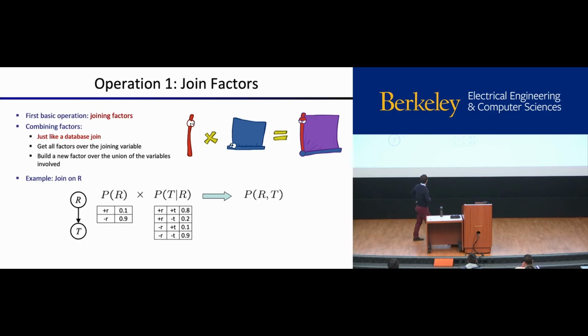What do we think? Does anyone have ideas of how we could compute the probability that rain is true and temperature is hot? Yeah. Can you just multiply the probability rain's true and the probability that it is hot given rain's true? Yeah, so the first entry in each table, right? So the probability that rain is true times the probability it's hot given that rain is true. So that's 0.1 times 0.8, which is 0.08. Yeah, we can do that.